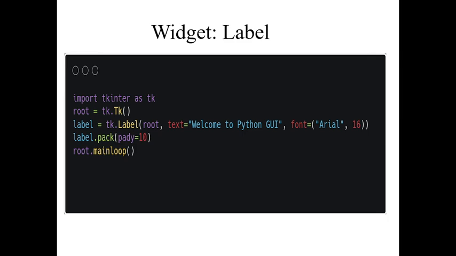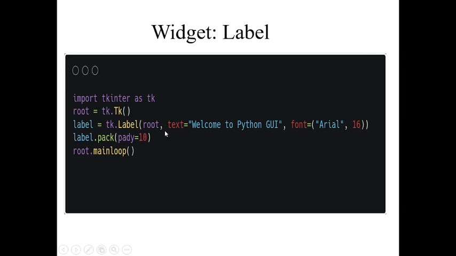Now let's understand each widget one by one. The first one was the label. To use the label, the first step is again just to import the tkinter library. So import tkinter as tk, then create an object of this Tk class, and then label is also a class of this library. So tk.Label, tk is the name of the library and Label is a class.